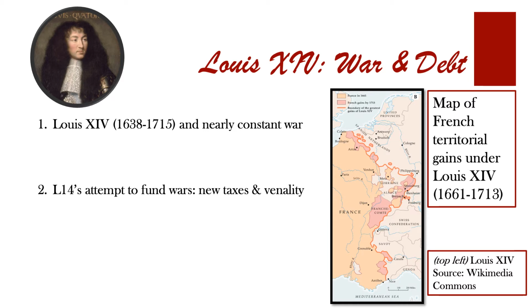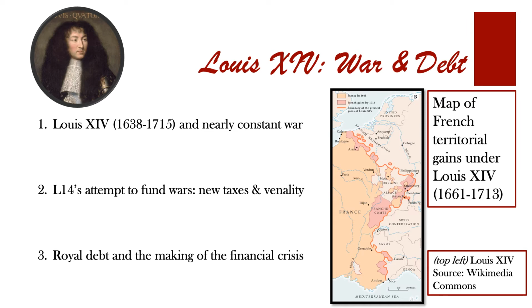But second, Louis XIV sold a massive amount of venal offices to collect quick cash. By the end of his reign, there were over 50,000 paid officers in the royal administration in just the justice and finance sectors alone. Now, the problem with this approach was twofold. First, the increased taxes angered a lot of people, most especially the nobility, who were required to pay these taxes, particularly the capitation and the dixième, for the first time, an unheard of innovation for the time.